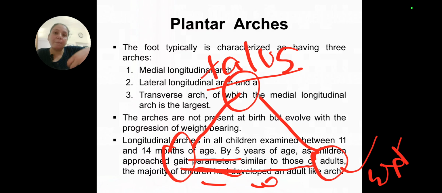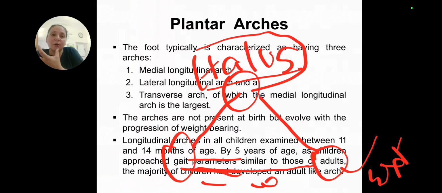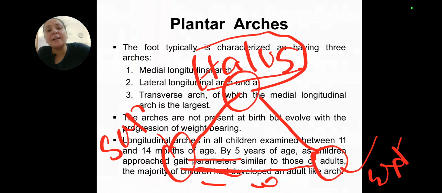It will not bring about, if the talus is, it's the key bone or the keystone of the arches. Why is it said to be a keystone of the arches? Because it will hold this position. Whenever MTP extension takes place, the plantar fascia will move, or the calcaneum will move towards the MTP, and it will try to shorten up and increase the medial longitudinal arch, and it brings about a supination of calcaneum.